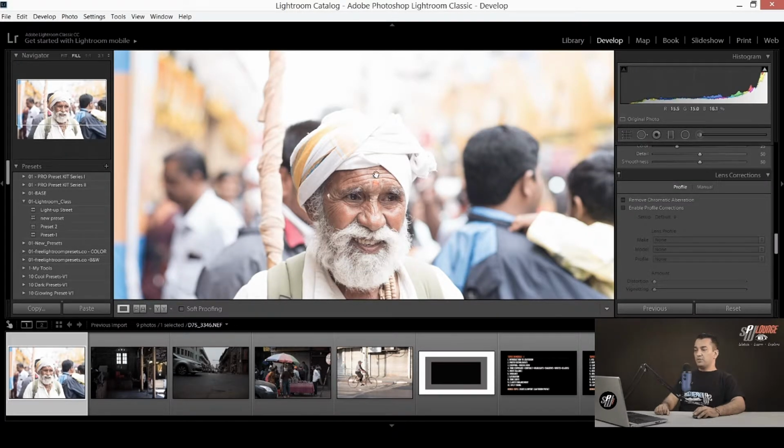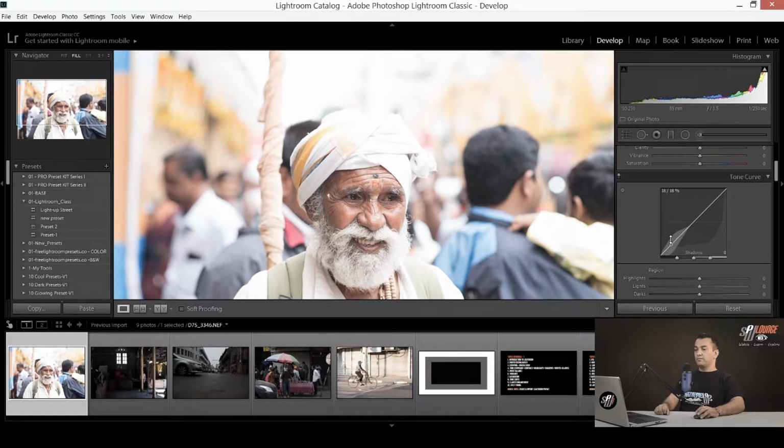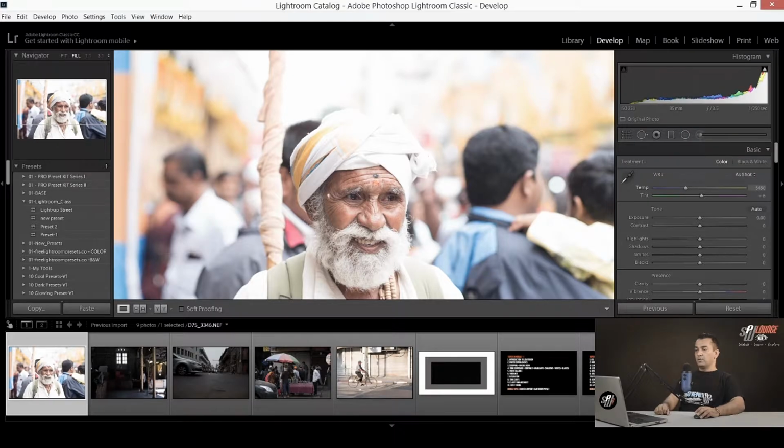In the develop section, you will see all the settings becoming active. So this is the develop section, and as in any other post-processing software, we have a histogram here. Histogram is just a representation of colors in the image, how the colors are playing, highlights and shadows and all.